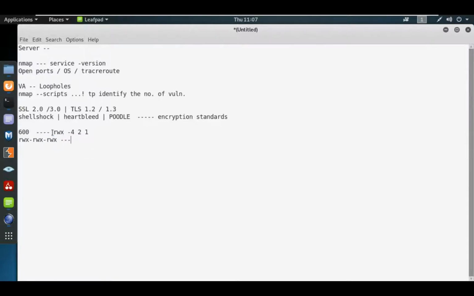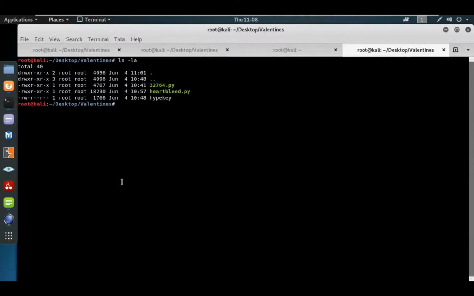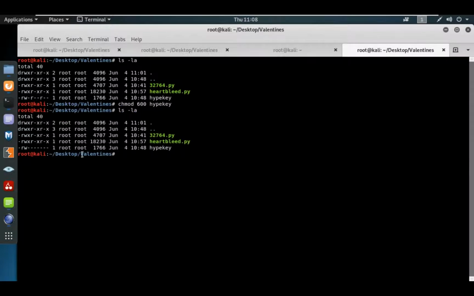And you are giving read and write permission over here. Change mode 600 hype, you have given the read and write permission over here. ssh -i hype key user hype